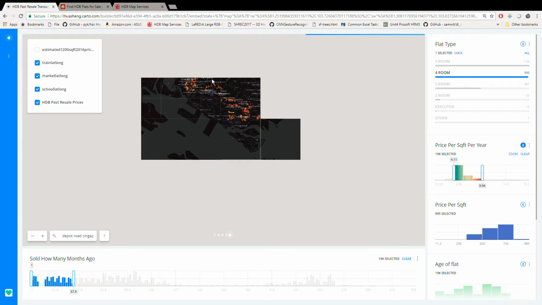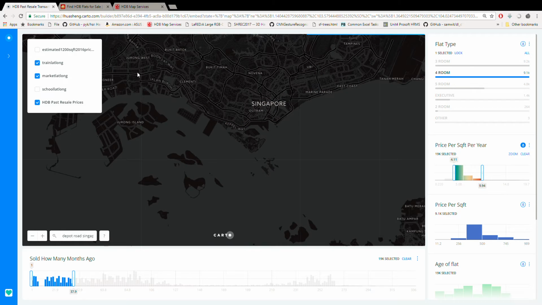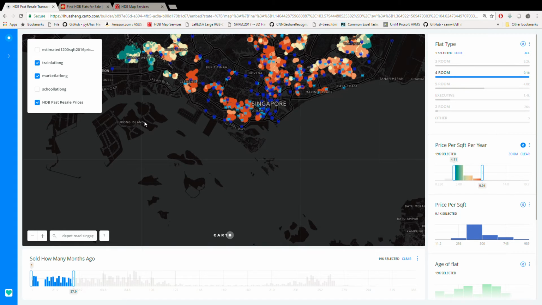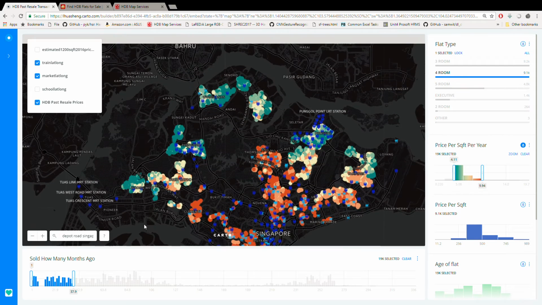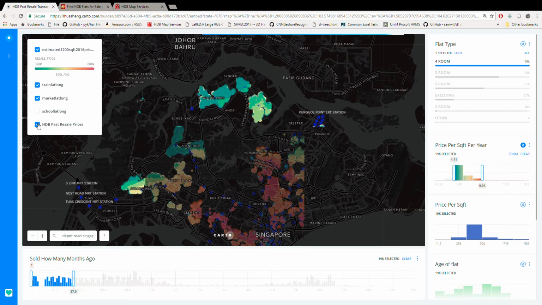And one other thing that we also did, since we geocoded all the HDB flats in Singapore, is we also tried to fit all these past 700,000 HDB resale transactions into a machine learning model. And so by fitting all this into a machine learning model, we are able to model how much